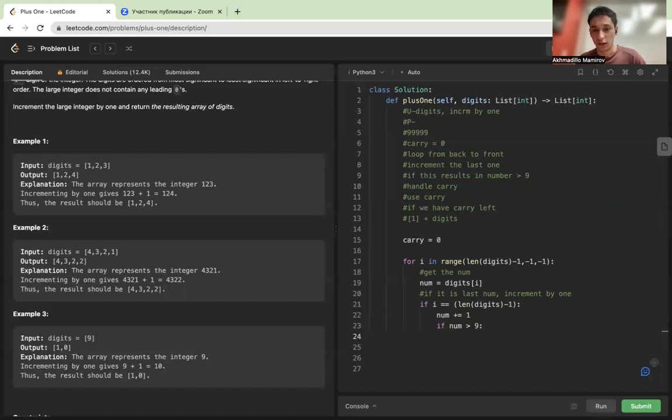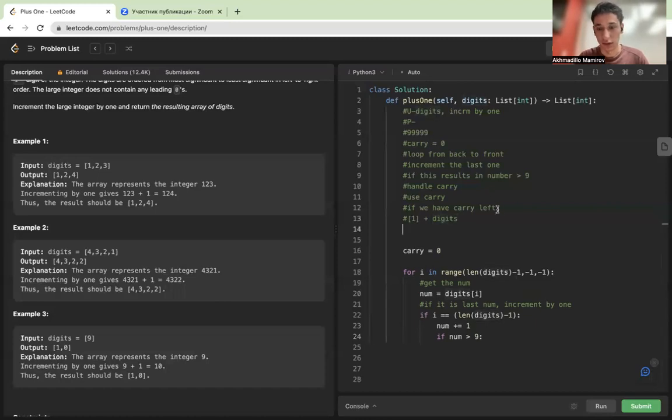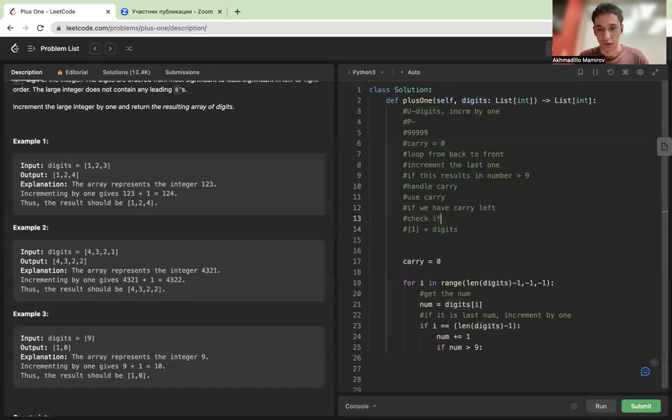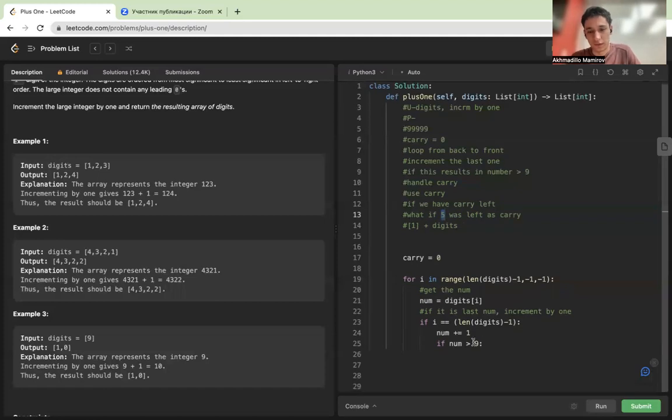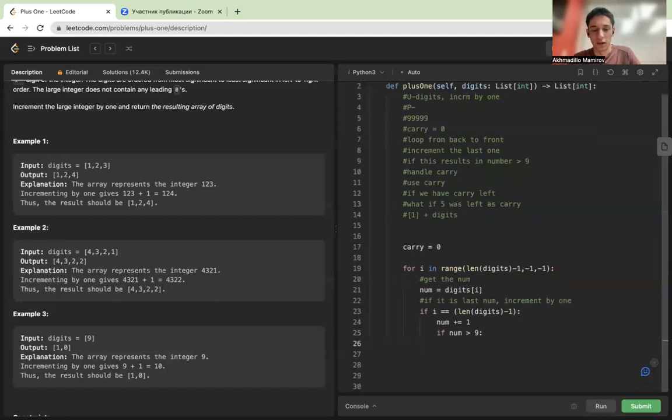There's an edge case where I also want to check what if 5 was left as the carry. What if the carry that we're left with is not 1? So if the number is greater than 9, I want to take the number, and I think what we can do is say it's 13, right? If it's 13, we just want to put